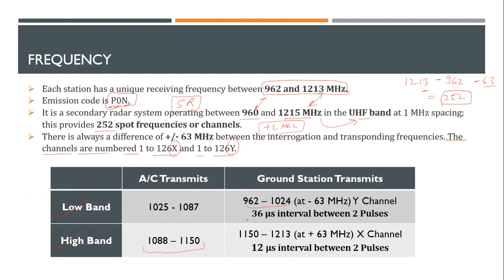The other thing which is important is there is an interval of 36 microseconds in this, whereas high band has a 12 microsecond interval. You remember I told you there is something called restoration time or RT, right? That is the interval we're talking about here. And we'll see how we can use that to identify the aircraft also. So up till now, we have these two values. All right. So we're transmitting, we're receiving, but the receiving part will depend on the band, the low band or the high band.